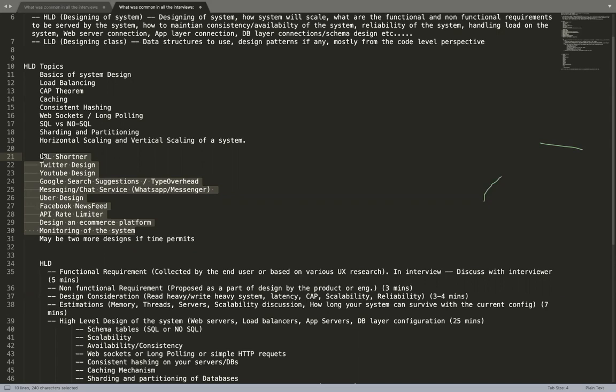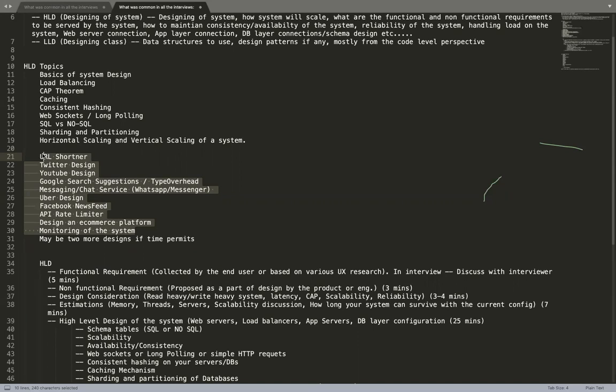Prakhar, when you will be discussing WebSockets and long polling, will you discuss some sample applications like notification applications, etc.? Yes, we'll definitely talk about it. I'll explain WebSockets and long polling, but when we are actually designing the system, I'll ask you whether you should use WebSockets here, or long polling, or the HTTP request.